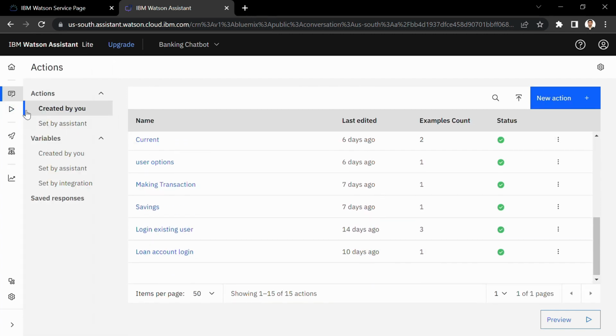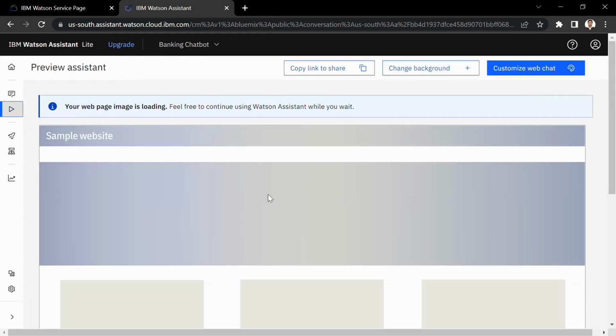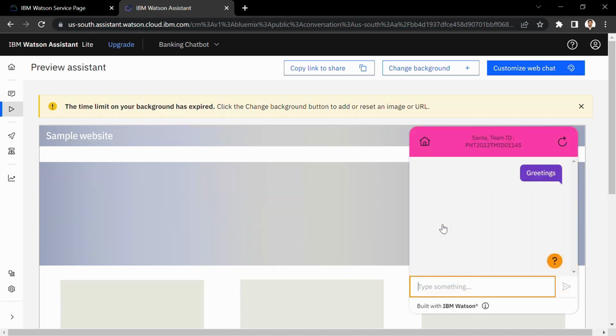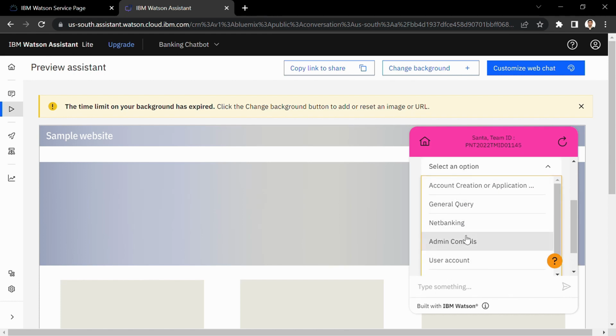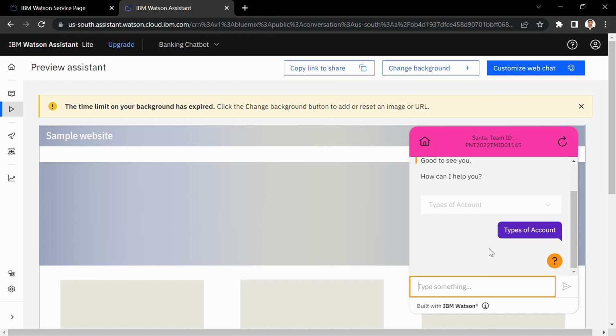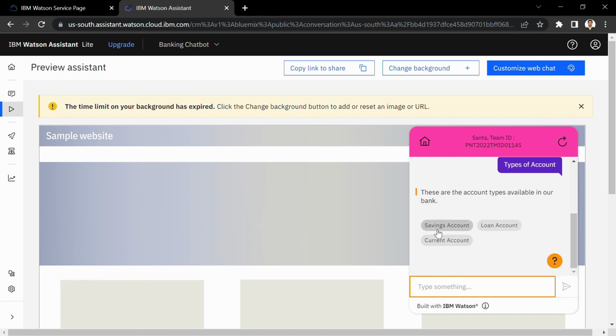Now if I click the preview tab, this is a preview of our chatbot. It comes up with a greeting, and you can see we have named our chatbot Santa, where we have our team ID too. These are the options which are available. If I click on types of account, let's see what types of account are available. Now it shows savings account, loan and current account. If I click loan account,